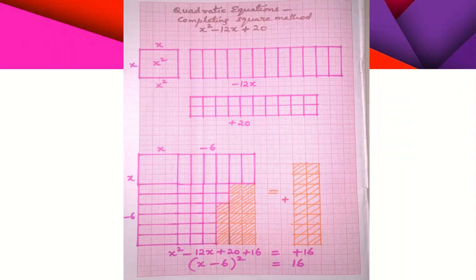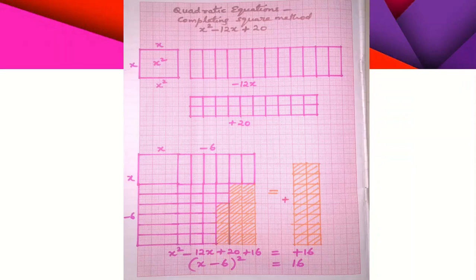Now we are arranging all these squares and rectangles and unit squares as shown in the second figure. So here we have fixed the bigger square of side x units. Then the 12 rectangles we have to arrange 6 on the right side of the square and 6 underneath the square of side x units. Then the 20 unit squares have been assembled in such a way that it should form a square. But after arranging 20 unit squares, still the square is not completed. We need 16 more unit squares to complete the square.